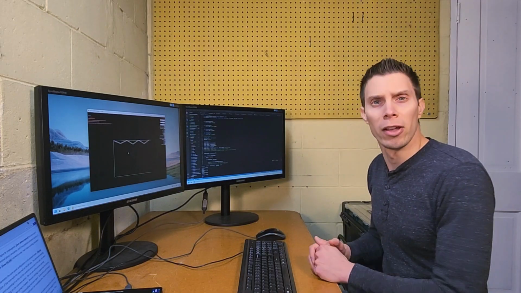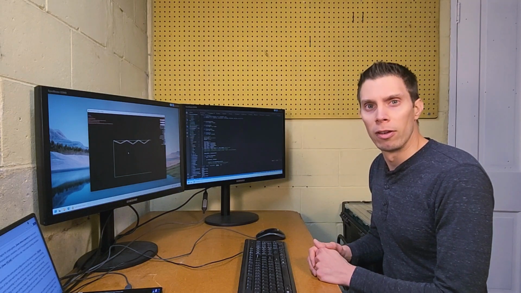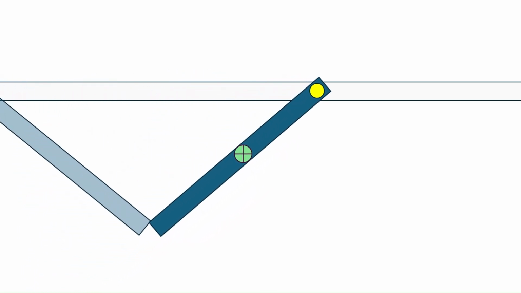We can understand why by going back to Physics 101 and looking at a free body diagram of the system. Let's just look at the movement of one pair of panels. They'll start folded vertically, and then are pulled outward by a force on that yellow wheel. Now let's pause and examine all the forces in play. First, there's the force of gravity, equal to the weight of the panel. It will be applied downward from the center of mass of the panel, shown in the green crosshairs in this